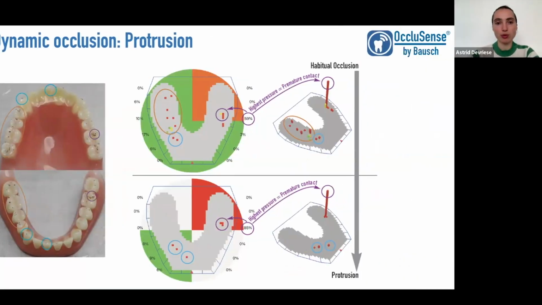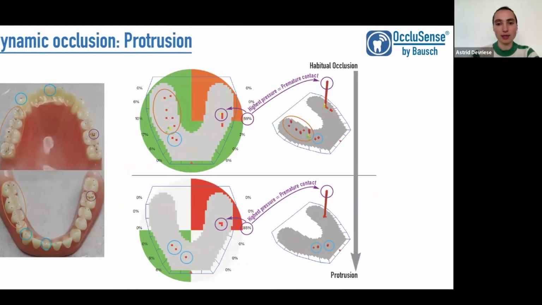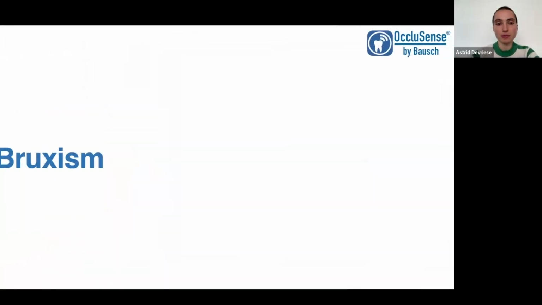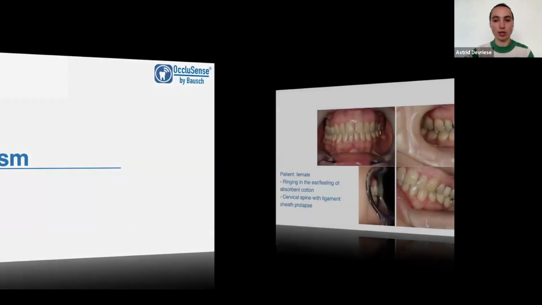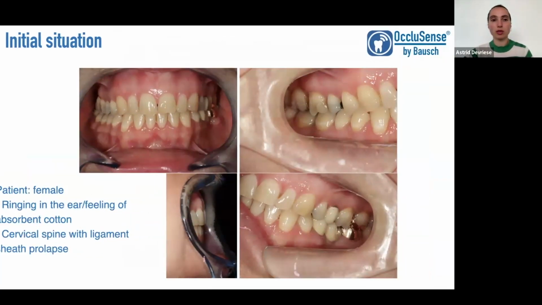And when he does a protrusion, this occlusal contact was still visible, and this led to the point that in the first case we had to really reduce this pressure point in the third quadrant in order to have a more balanced occlusal situation. Let us now come to the first patient who has